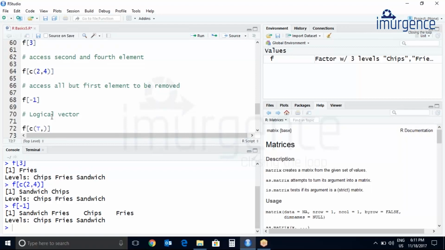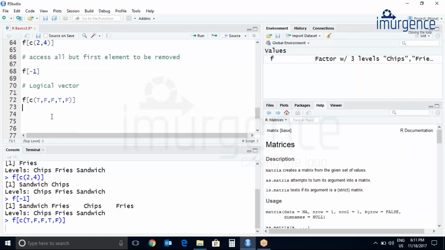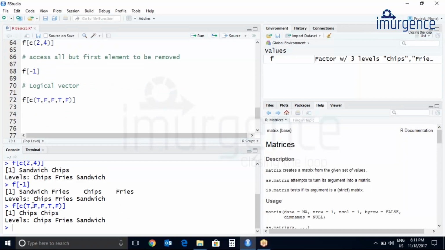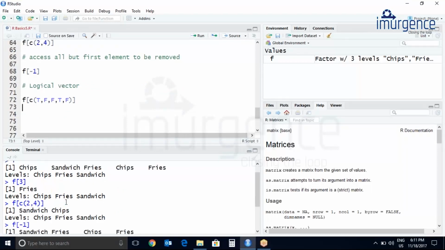You can use T F directly, or you can use TRUE FALSE, but make sure you keep everything in uppercase. It will be T, F, F, T. Let's print. So here you can see the first and fourth elements are printed from f. This is the first element and this is the fourth element.